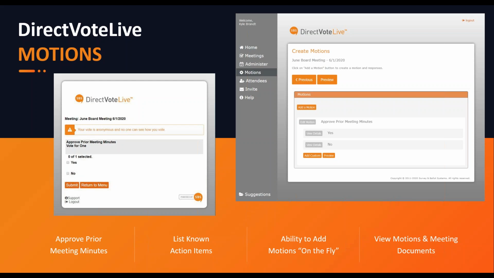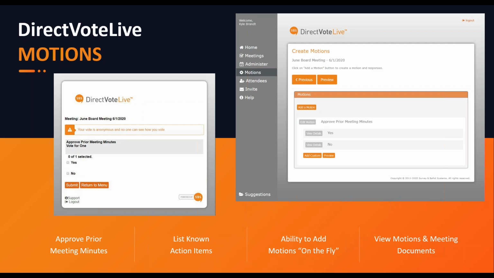So what does voting look like? Well, you can see some images here of what voting on motions or ballot items would look like as both an administrator and a voter. There are all sorts of capabilities and scenarios that this platform can be used for. Some of those include things like approving prior meeting minutes, motions along this line, and other what we call procedural votes. These can take a lot of time at the top of any board meeting. So having the ability to approve these all in an efficient way can be a big time saver.